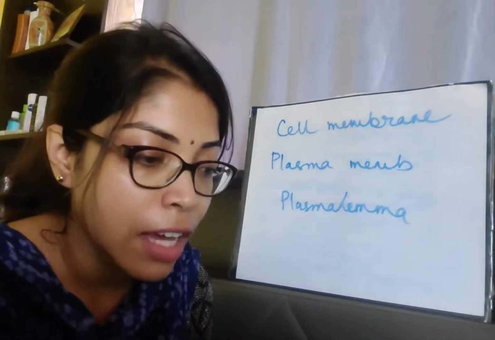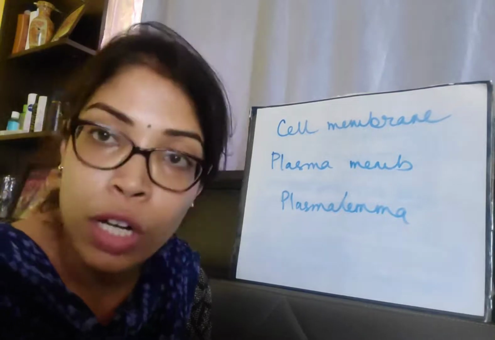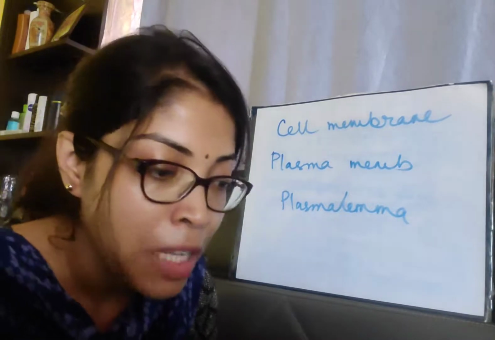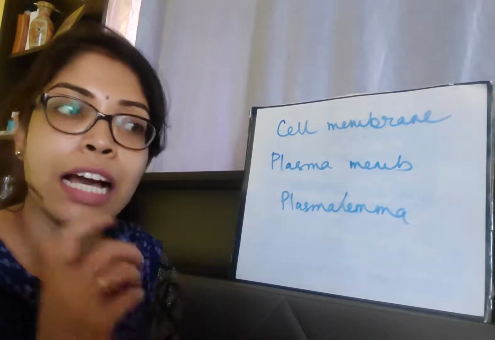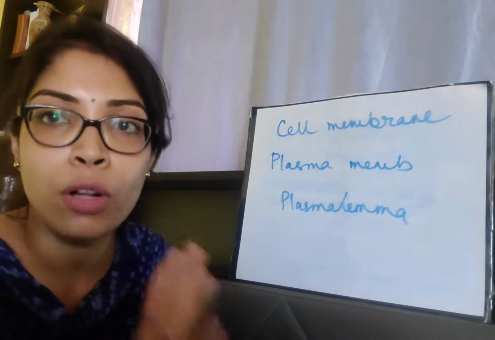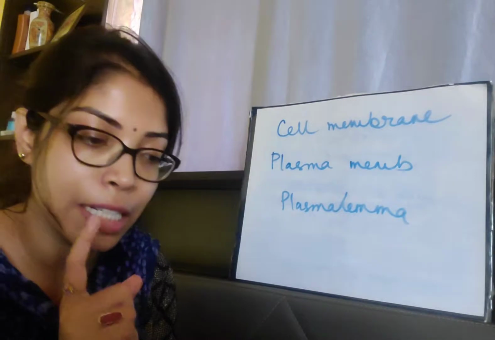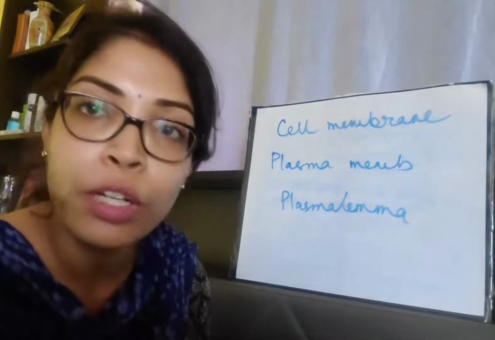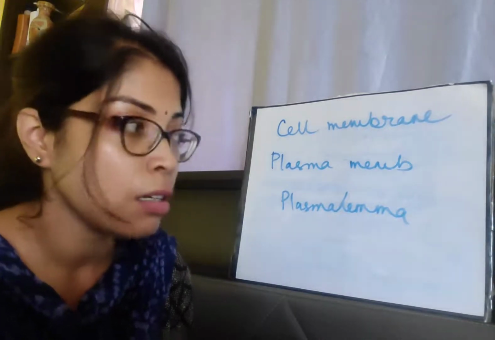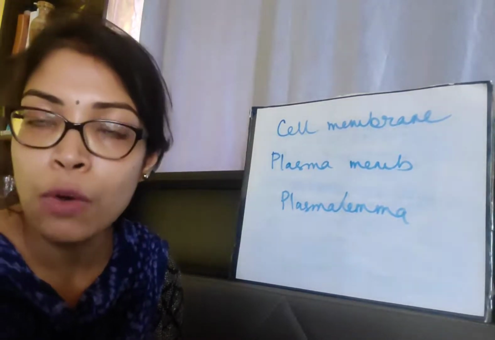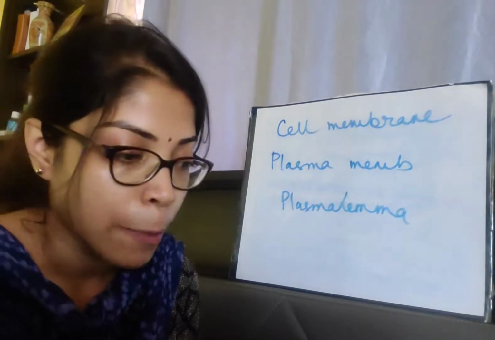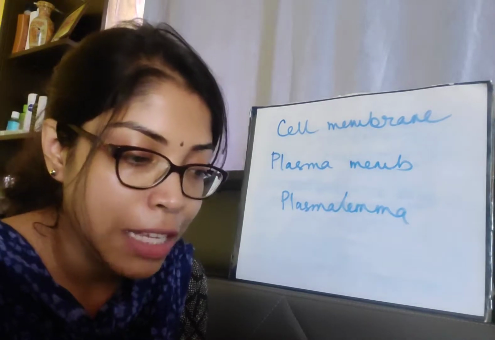See, a living, ultra thin, elastic, porous. Porous means there are small pores on the surface of the cell membrane. Selectively permeable means it allows particles to go through it selectively. It does not allow all the particles to go through it; only selective particles can go through the cell membrane. Lipoprotein membrane, meaning it is made up of lipid and protein. We will get to know more about how it is made up of lipid and protein when we talk about the different models of plasma membrane. That separates the cell content from the external environment.